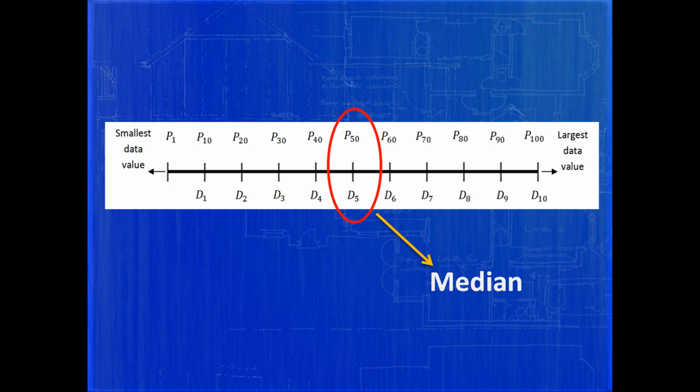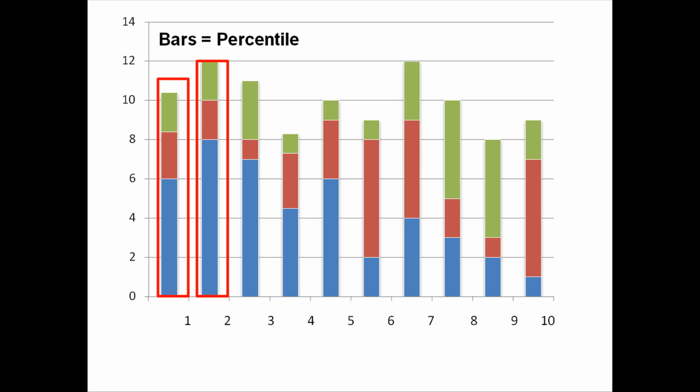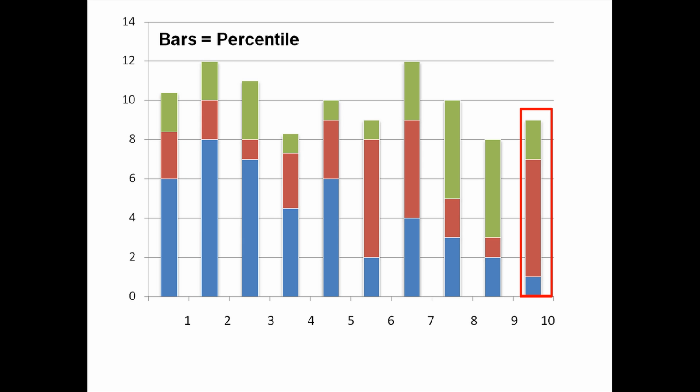So later on you will know more about quartiles. For now, let's focus on the deciles. To give you another idea of the relationship between percentiles and deciles, I have here an illustration of a bar graph. Let's say that the bars represent the percentile. That becomes 10th, 20th, and so on up to 100th. And the numbers here below are the deciles.